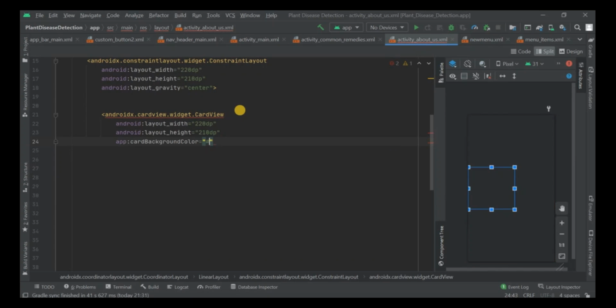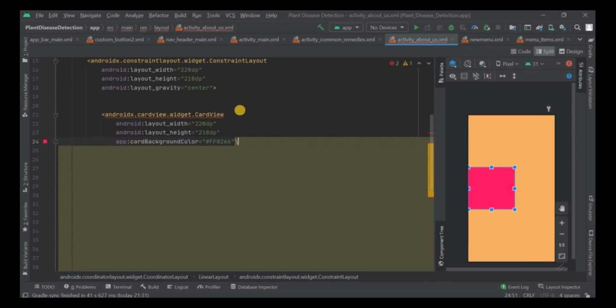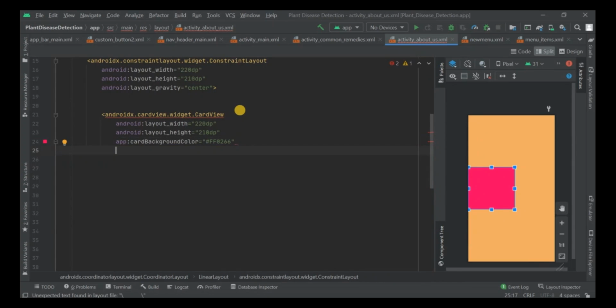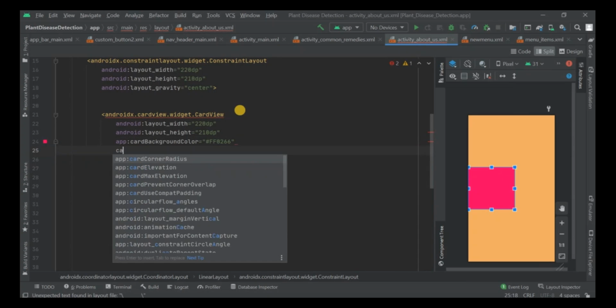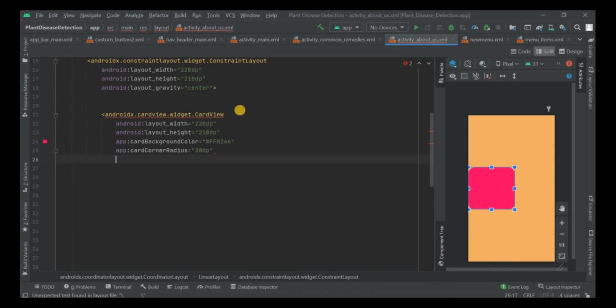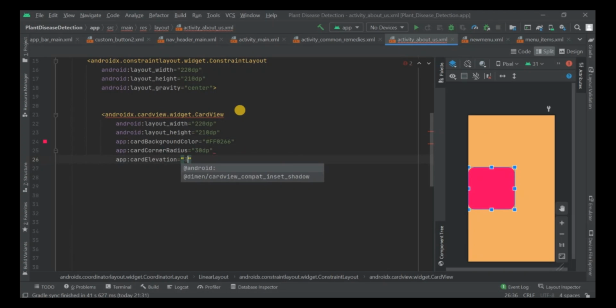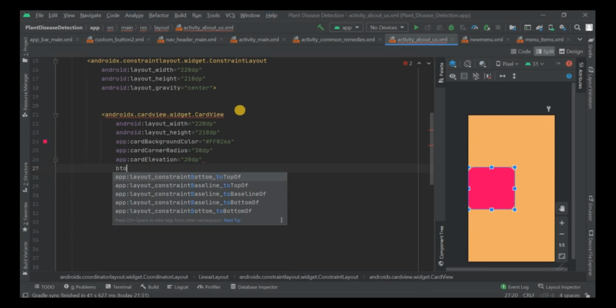And then we have this card background color, and here we are also using the hex color only, no issue. And then we have this card corner radius, and that is taken up as 30 dp. And then we have the elevation for this, and the elevation is taken up as 20 dp. Okay,